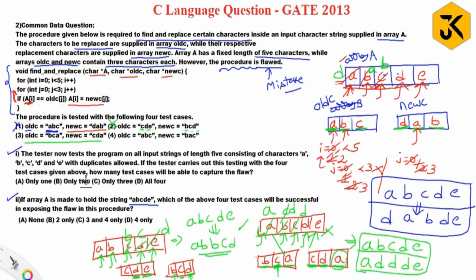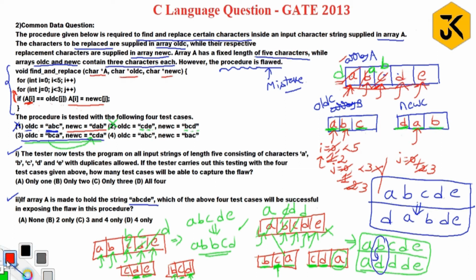Observe one thing here. B should be replaced with what? C. Replaced with C. But here B is replaced with what character? D character. It means there is a flaw. So option 3 identifies a flaw. That is one mistake, so the remaining are all okay. C replaced with D and the remaining are all okay. Only this can easily identify the flaw. This is what you need to understand.